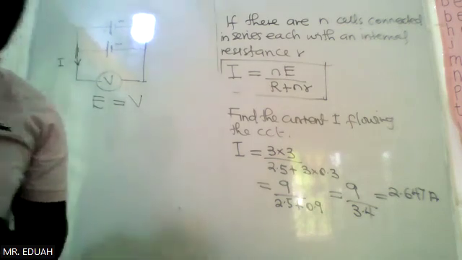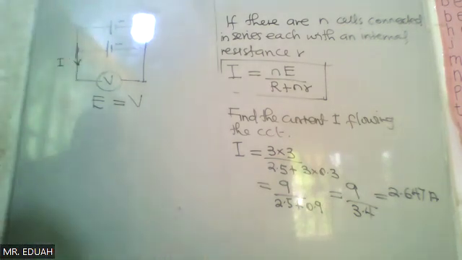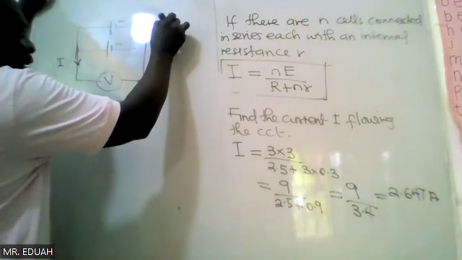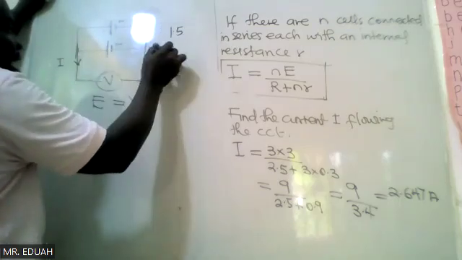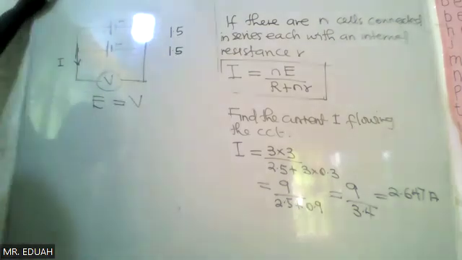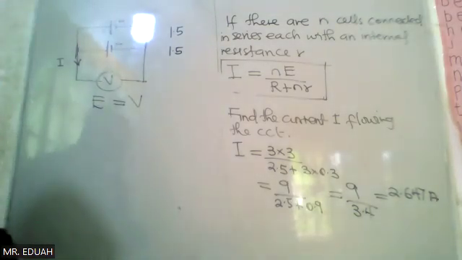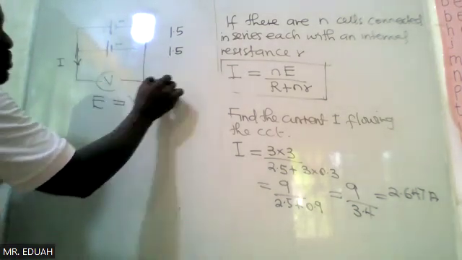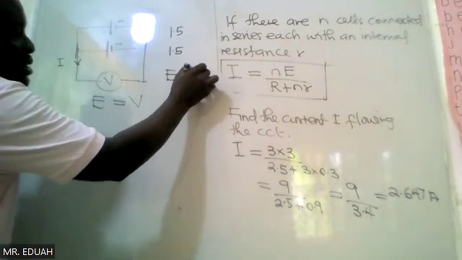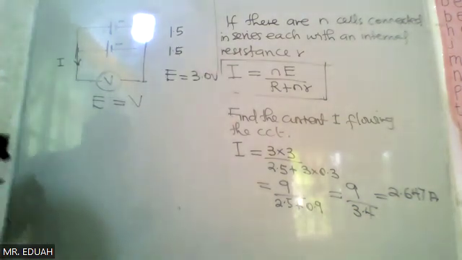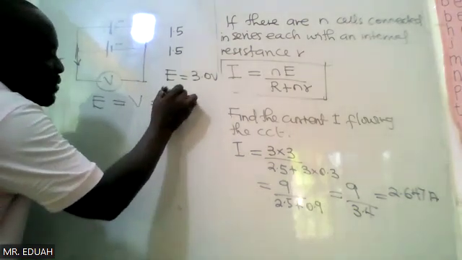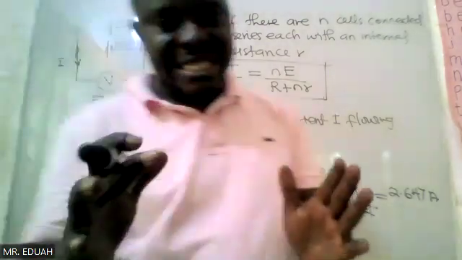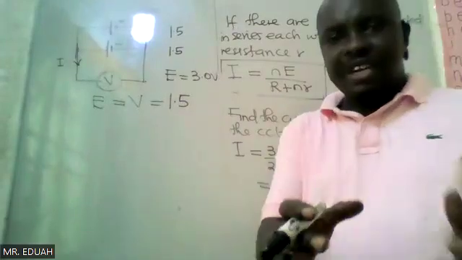But the funny thing is that for batteries connected in parallel, if one of the EMFs is 1.5 and this other one 1.5, the voltmeter will not record 3 volts. No. It will record only 1.5 volts. This goes to buttress the point that